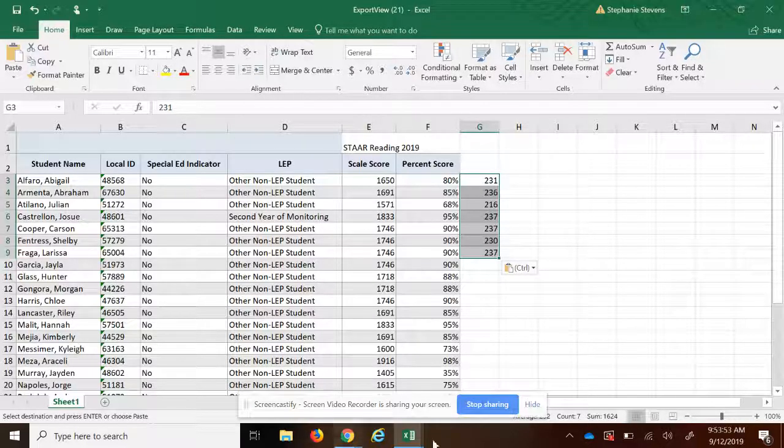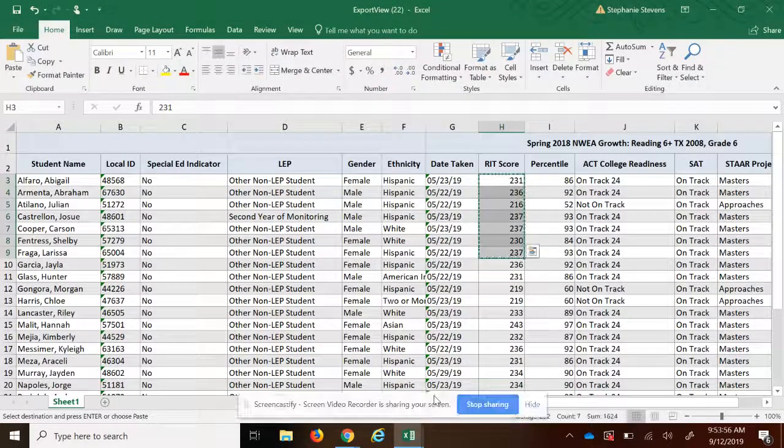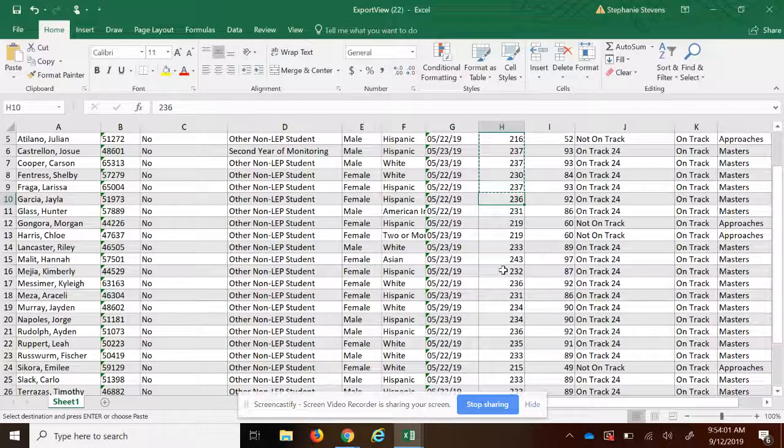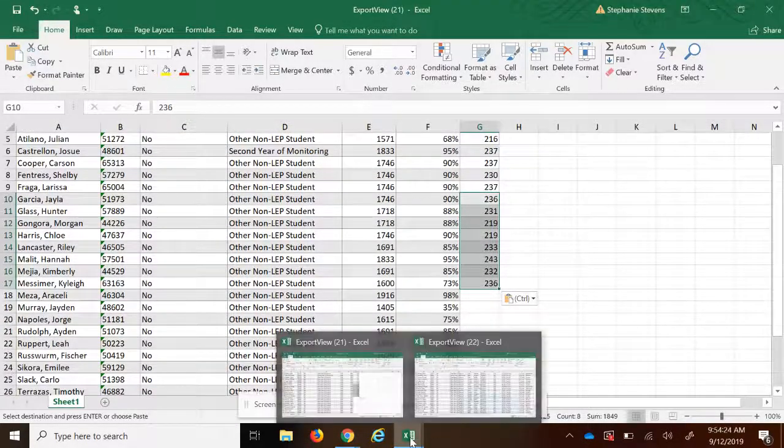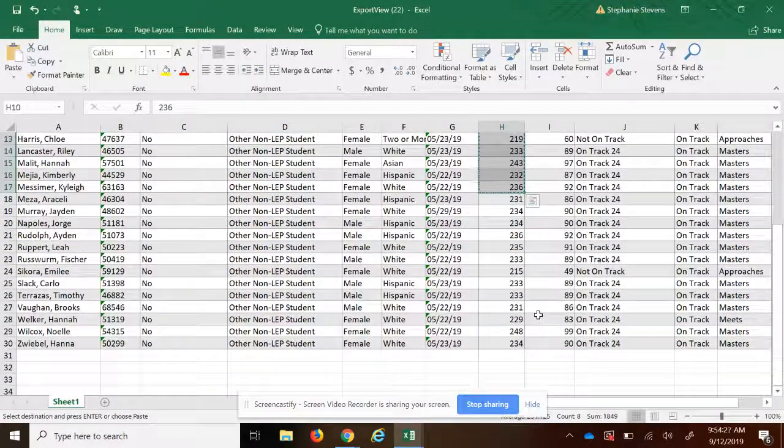Those all align, and I'm going to go back to their MAP, and I'm going to do the next group of students: Garcia, Glass, Gongoria, Harris, Lancaster, Malit, Mejia, and Messimer. And I'm going to copy those, and I'm going to move them over to Garcia, Glass, Gongoria, Harris, Lancaster, Mejia, and Messimer. And I'm doing this to make sure that I don't miss someone or somebody's score doesn't end up next to